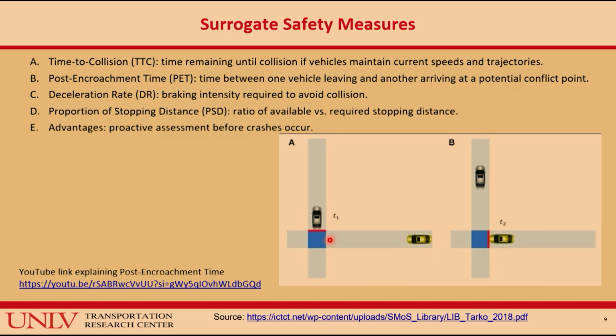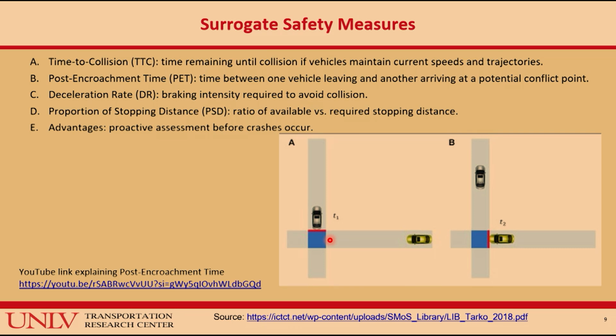So some of the surrogate safety measures include, at intersections, time to collision. If two vehicles had conflicting trajectories, unless you alert one or both, how much time to collision and how much in advance of that. That's somewhat some of the advancements in vehicle to vehicle, connected vehicle technologies, vehicle to infrastructure systems. Post encroachment time: the time between when one vehicle leaves a spot and the next vehicle comes in. So somebody either stopped or sped up just to avoid that. How close a shave was that?